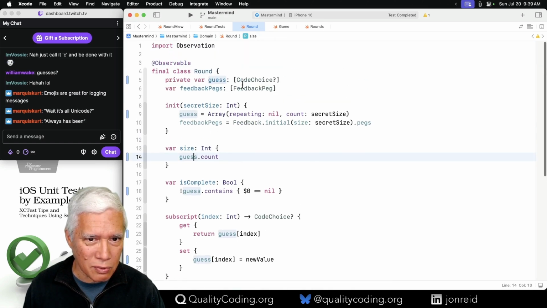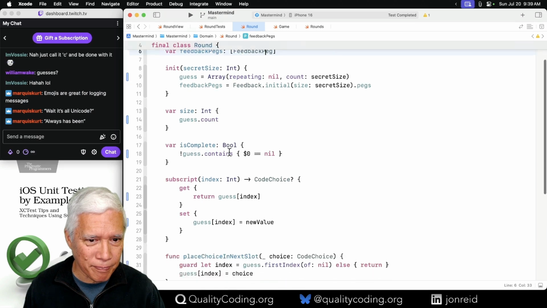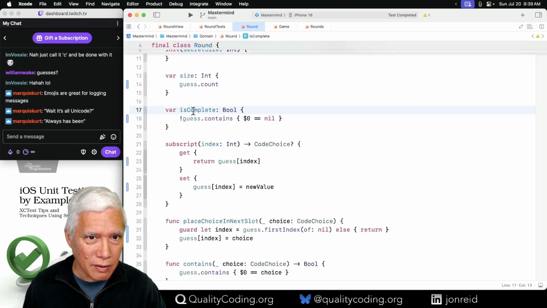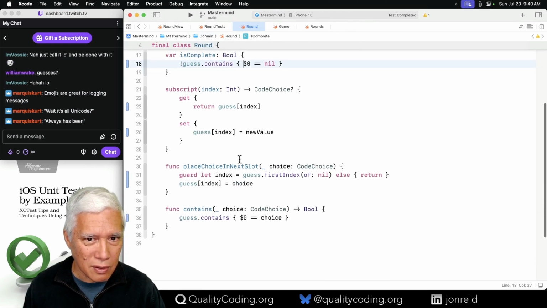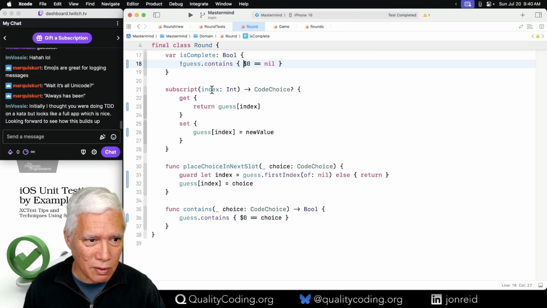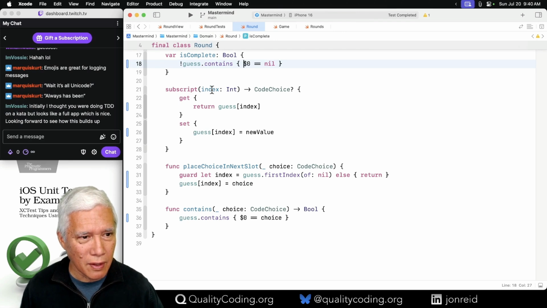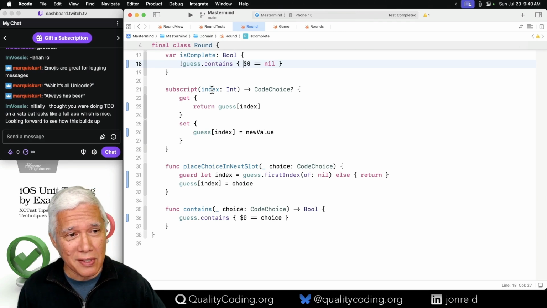It could just as well be the feedback peg. A round is complete if the guess no longer has nils. Subscript.